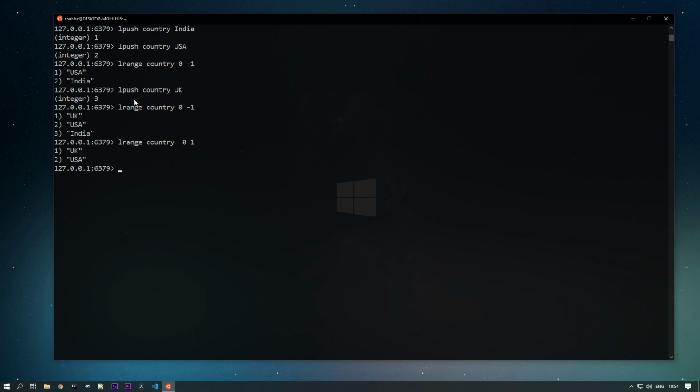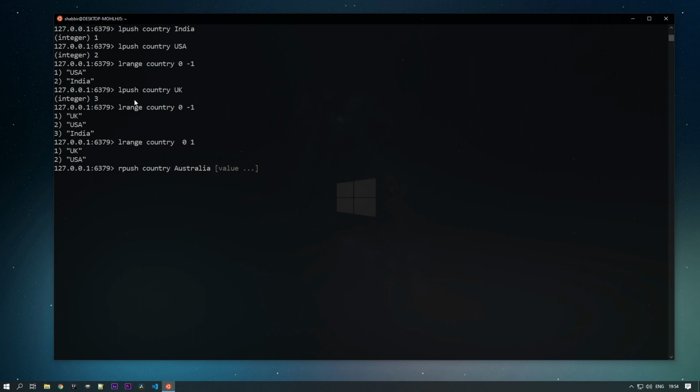We saw lpush, which means pushing from the left side, that is, from the top of our list. All the values we are adding go at the top of the list. If we want to add values at the bottom of the list, we can use rpush. With the rpush command and country as the key, if I put a new value, it will be pushed at the bottom.